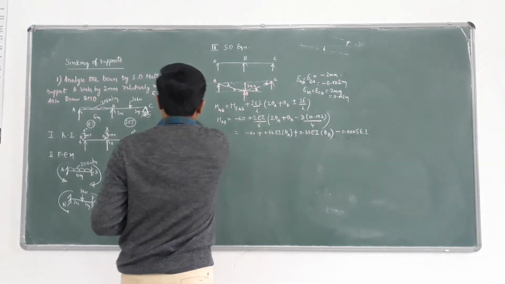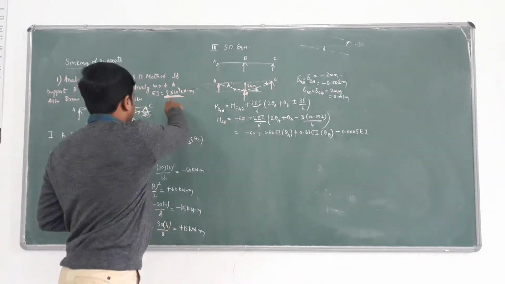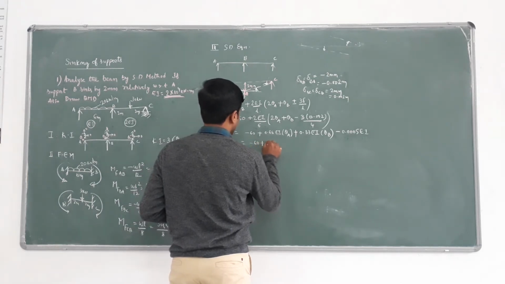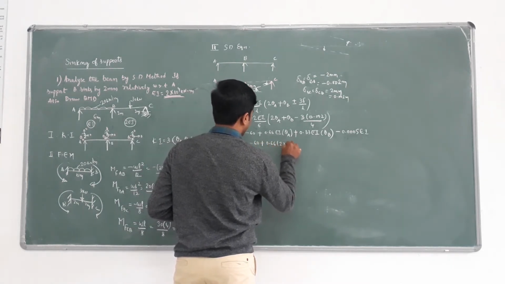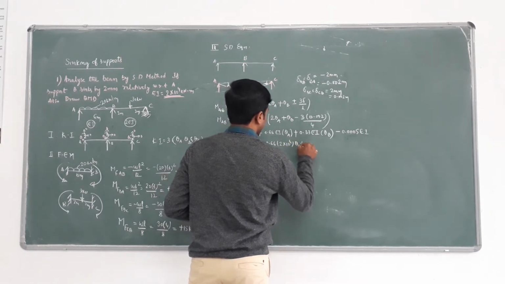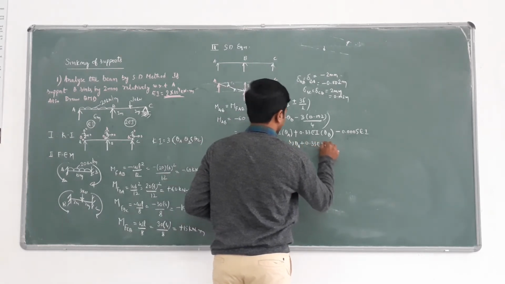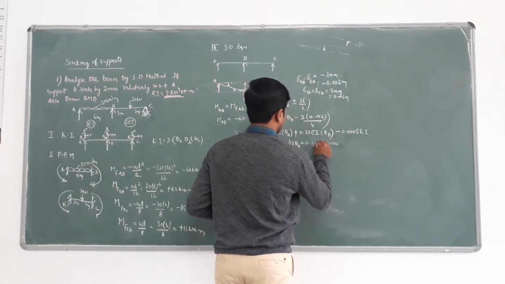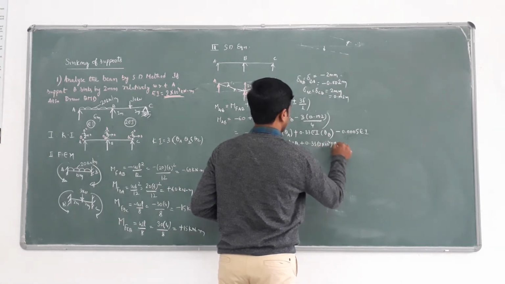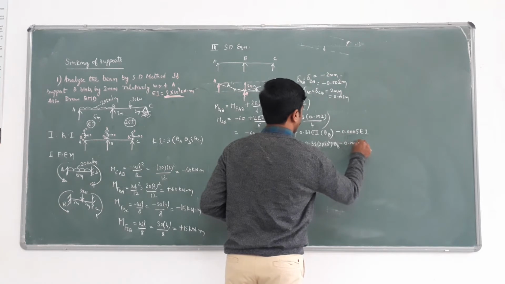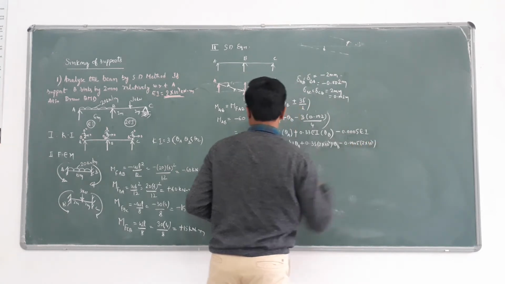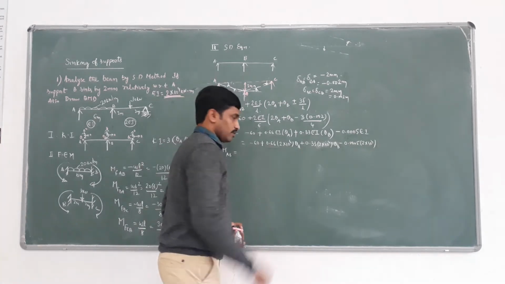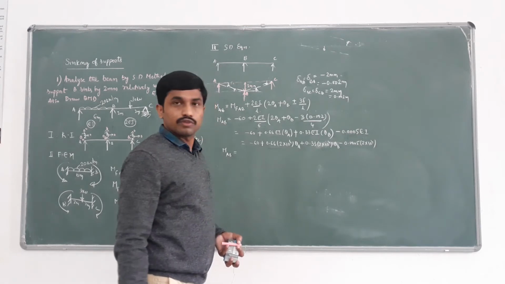Okay, so you substitute the EI value. In this problem EI is given as 2 into 10 power 4. So minus 60 plus 0.66 into 2 into 10 power 4 theta A plus 0.33 into 2 into 10 power 4 into theta B minus 0.0005 into 2 into 10 power 4. Yes, MAB equals, first I will take theta A, 0.66 into 2 into 10 power 4,